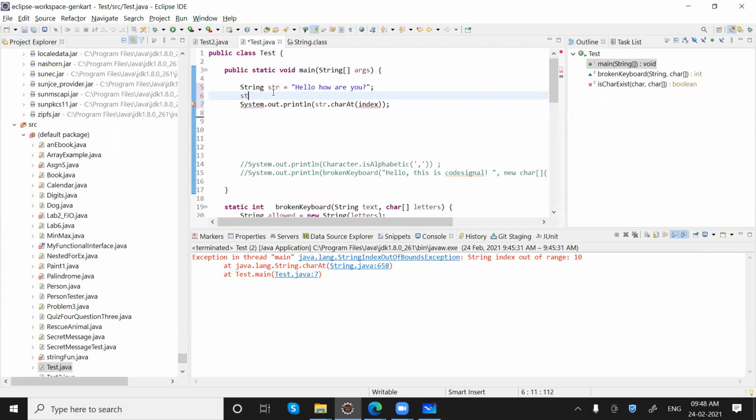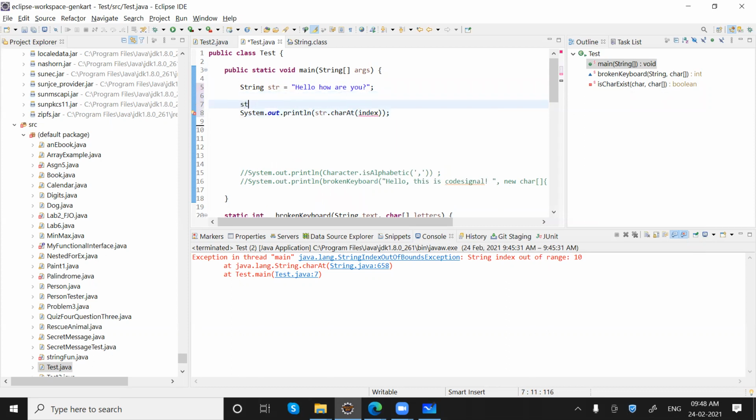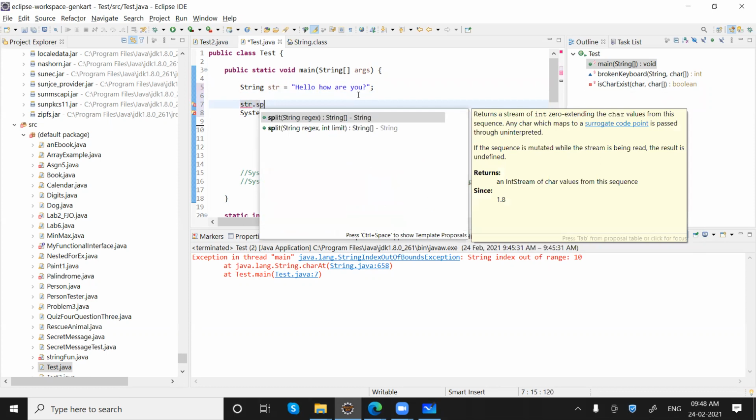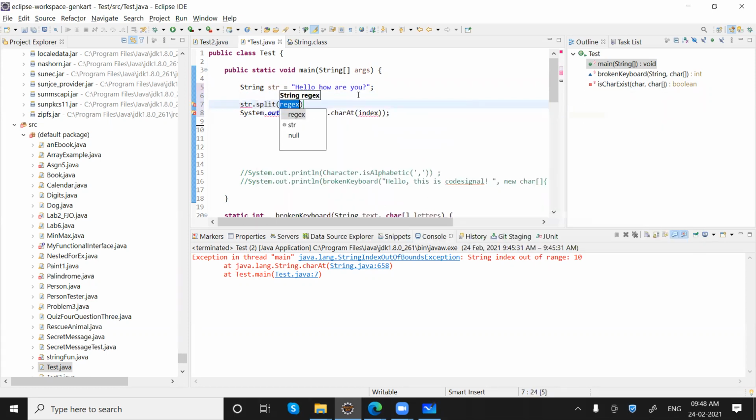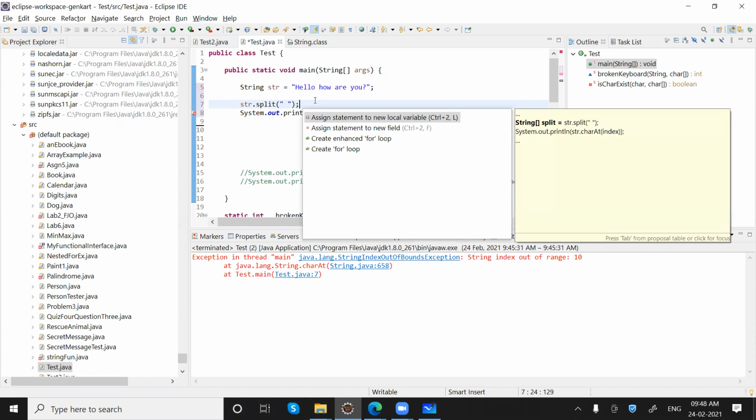Yeah, right. So next method we can use is the split method. So we have str, and if we say split, so split basically asks for a regular expression, from where you want to split. When you say split, that means we are going to break that string into multiple strings. So for example, this time I'm saying whenever you find a space, break it down. And when it breaks it down, it will make a new array of strings like this.